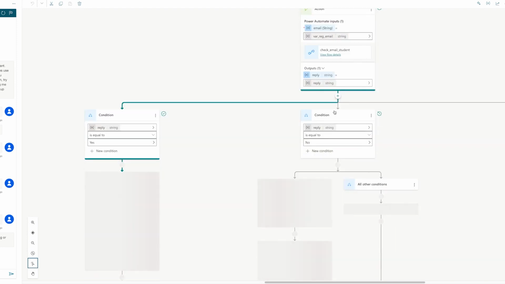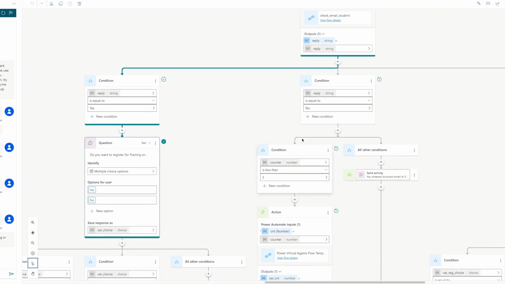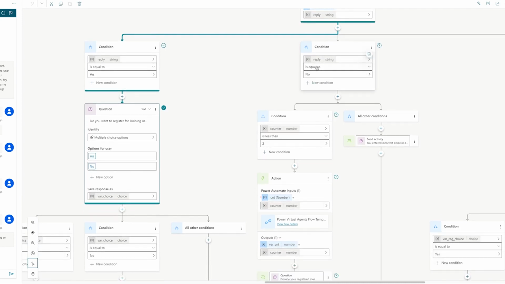So I am adding the counter and then checking the condition. What condition am I checking? If the student email ID is not registered with the database, I am checking whether the counter value is less than 2.